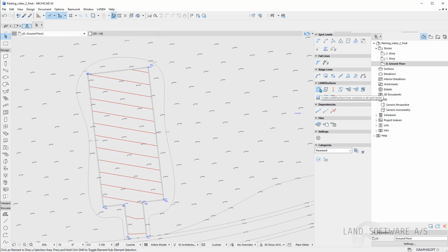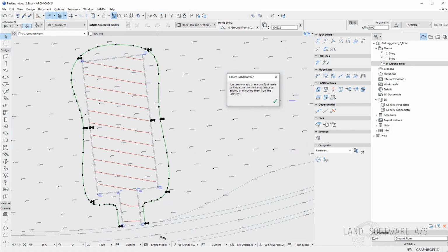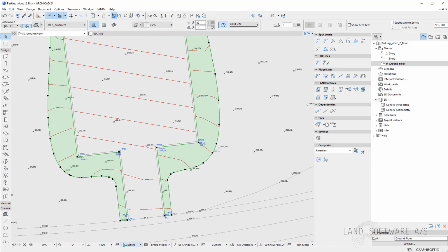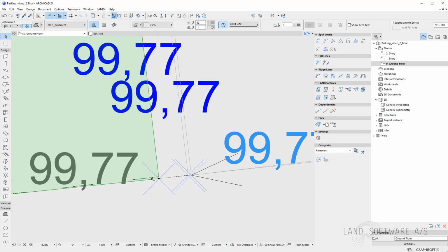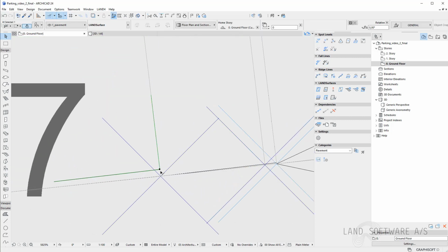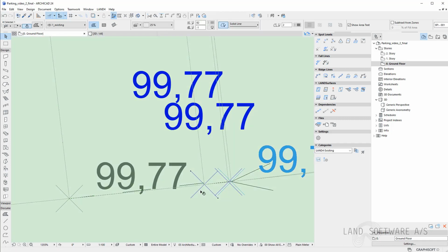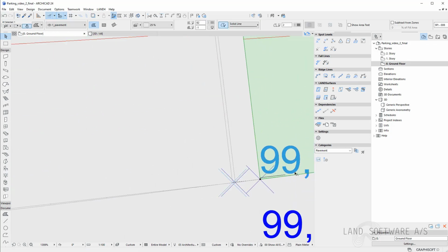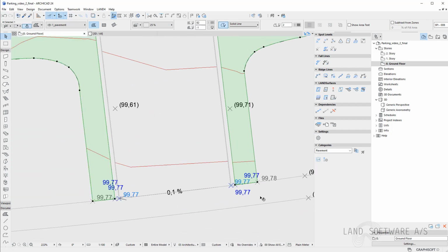Now I'm ready, so I will just create the surface here. And you can see the selection again is done automatically, and I just need to press on the function button, and I have my parking edge defined. As you can see here, the surface isn't meeting exactly the road, and that is because I haven't used a spot level for this corner here. So I just wanted to show you how important it is to have spot levels in some specific situations.